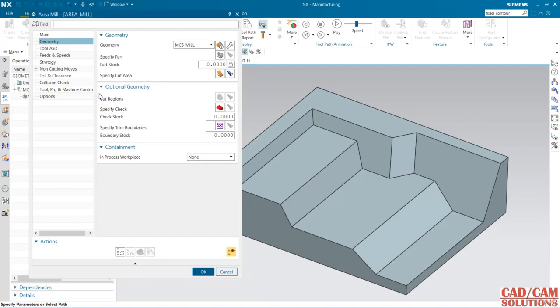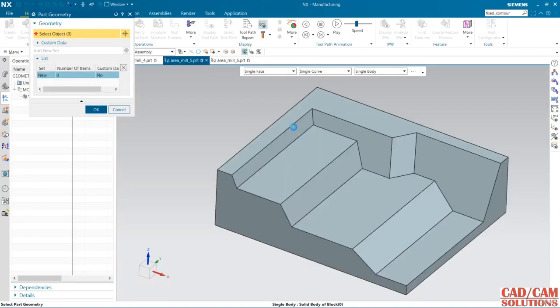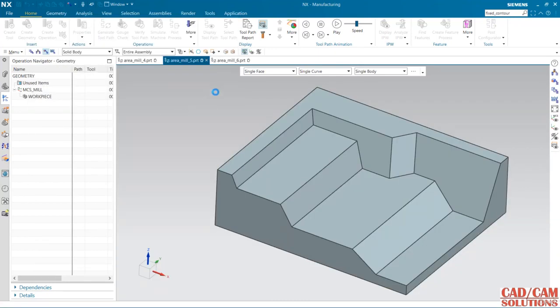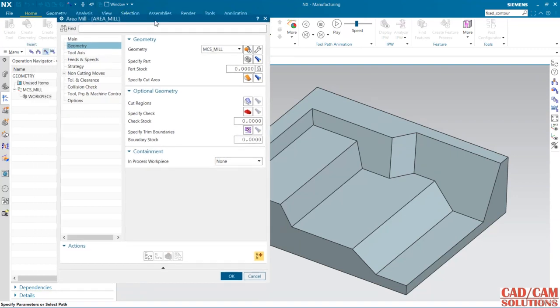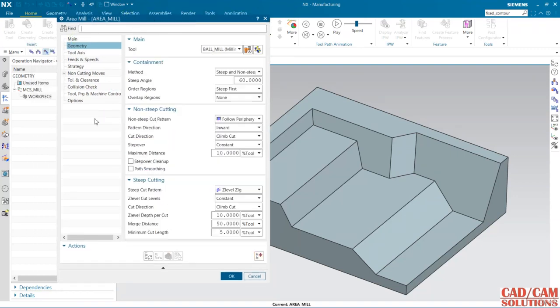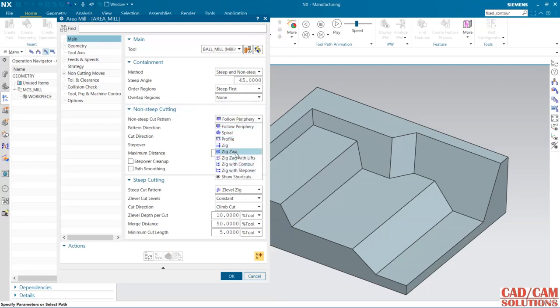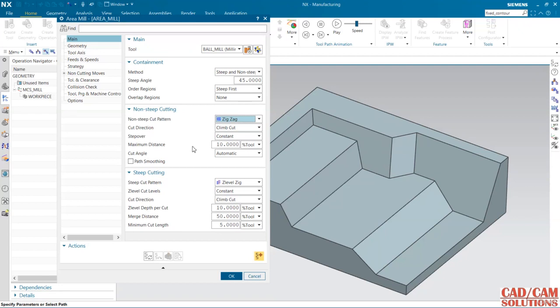Okay, and my part, because workpiece we haven't defined, so you have to specify this part under this geometry option. From the main I'm using steep and non-steep, and this time I'm selecting this angle as 45 degree, and order this tool path will start from the steep first, and zigzag is my cutting pattern, and this step over by